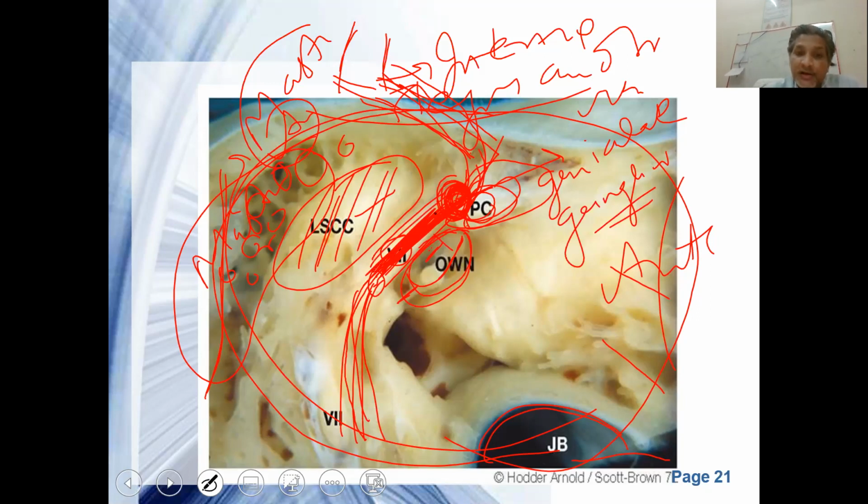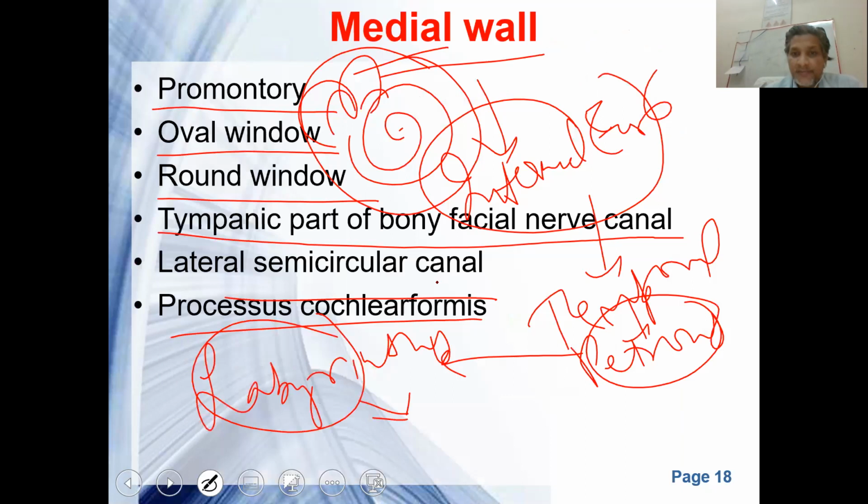But there are variations which are very common as far as the anatomy of the facial nerve in the middle ear is concerned. You can have an overhanging facial nerve, which is overlying the foot plate of the stapes, you can see. So transposition and minor variation in the route of the facial nerve is very common. So this is the head of the stapes, and it is attached to the head of the stapes.